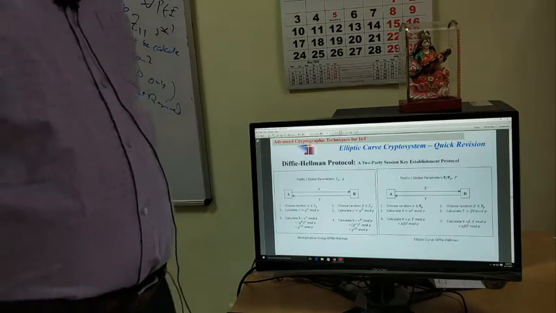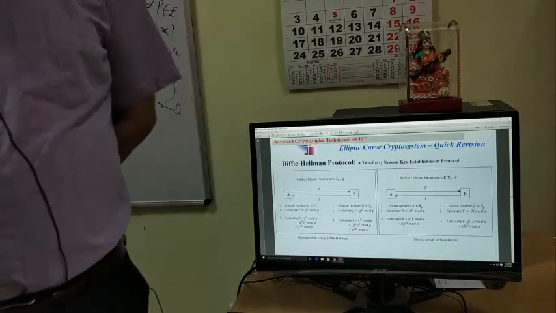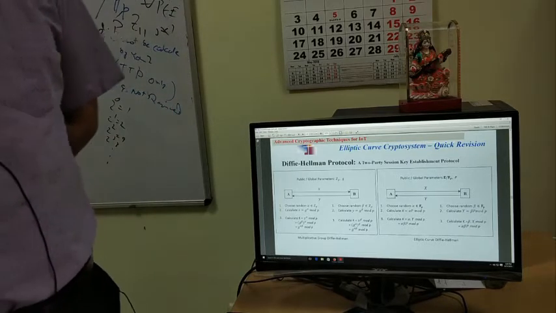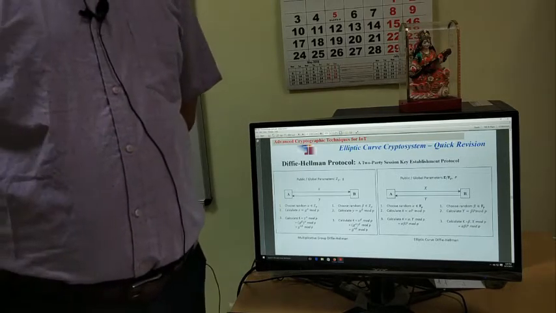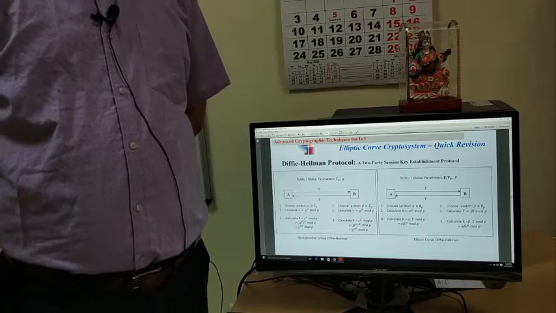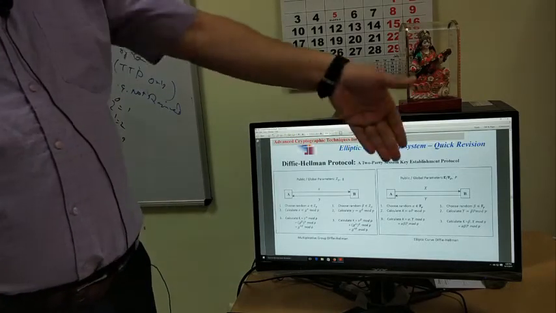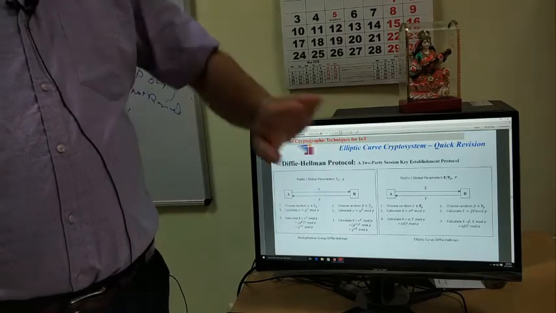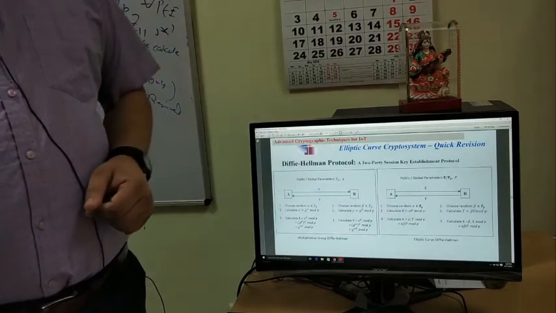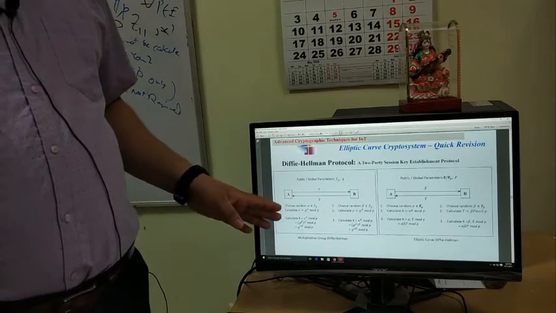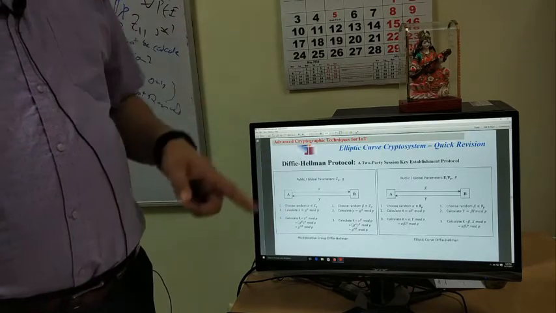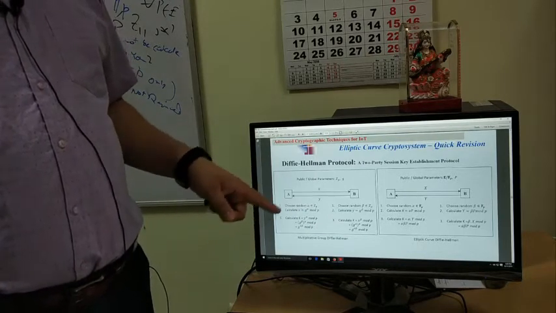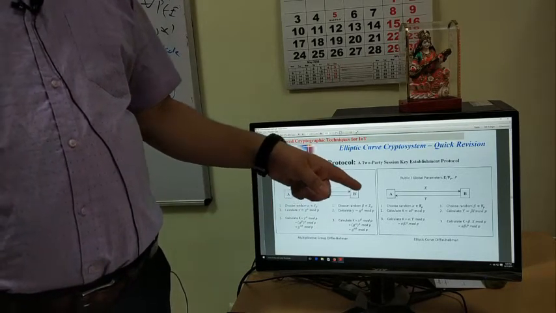Now, to know the security of bilinear map or elliptic curve cryptography, you have to know the Diffie-Hellman protocol and the Diffie-Hellman problem. Now the Diffie-Hellman protocol has two versions, one on the multiplicative group and another on the elliptic curve group. This protocol you have studied? Then you know that A chooses a random number alpha, then calculates g power alpha and sends it. B chooses beta and sends.